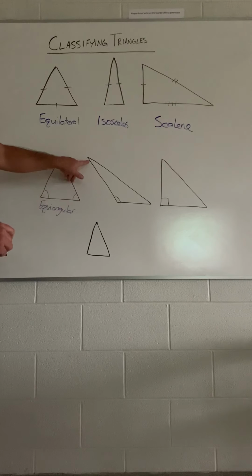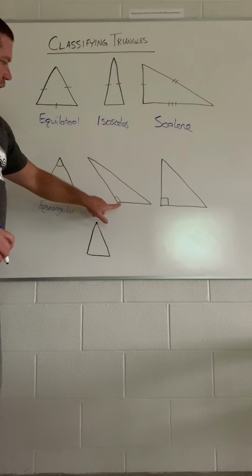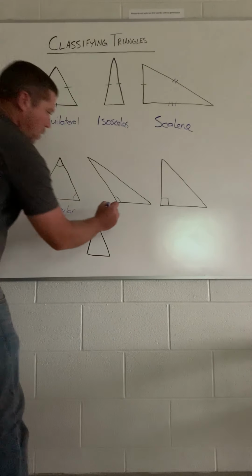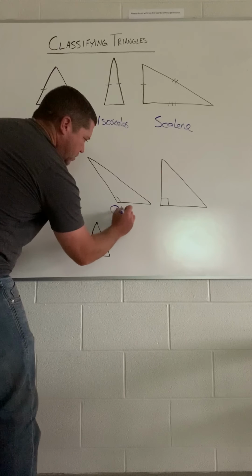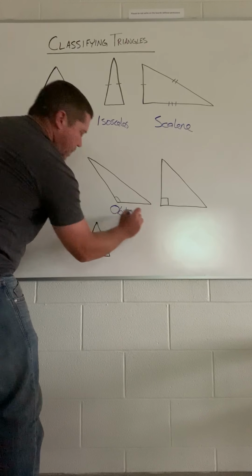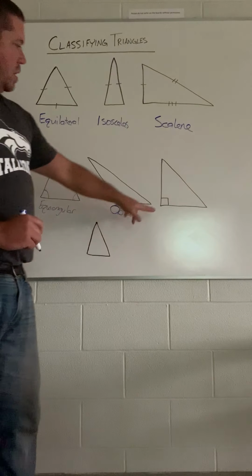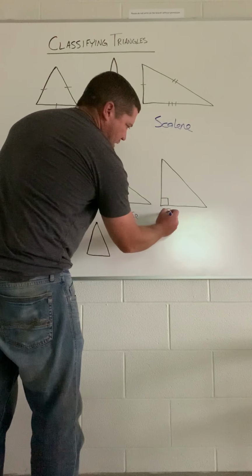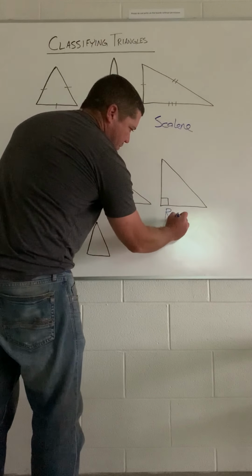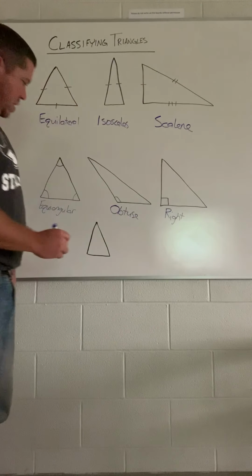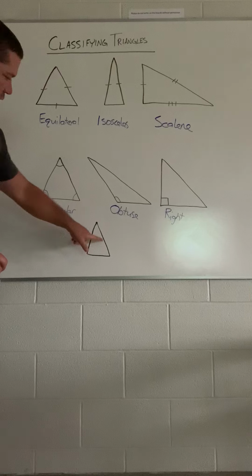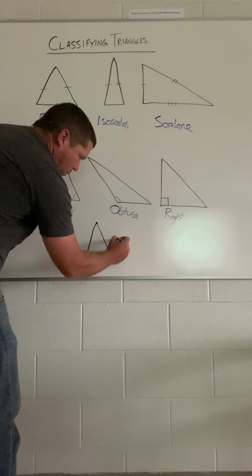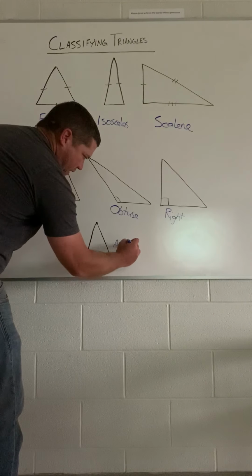Okay, in this one, I've got an acute angle and an obtuse angle. We call this one obtuse. Here we've got a right angle. So if we're classifying by angles, we classify that as a right. And lastly, if I have 3 acute angles, we call that an acute if we're classifying by